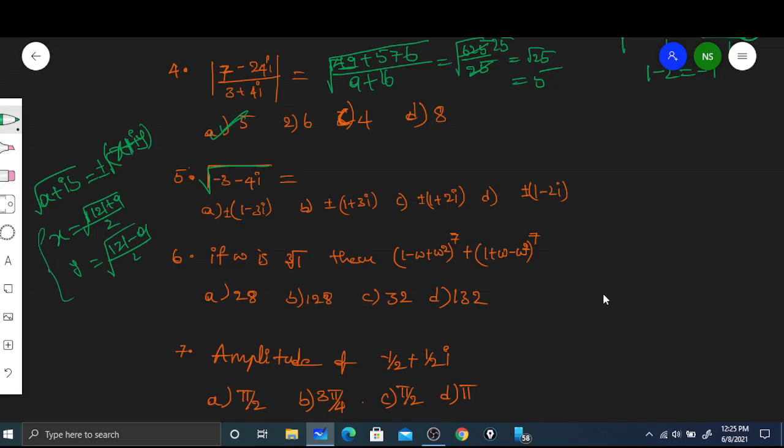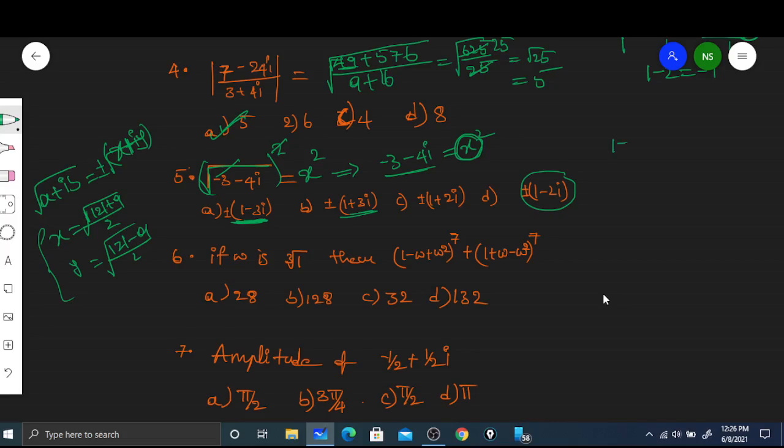So what we'll do, I will assume this one as x. Then if I square both sides, I'll get minus 3 minus 4i equals x square, because the square and root cancel. So I want to find what this x is. From the options I can move on now. I will square each option and check whether I get this or not. Let me start from the right hand side.